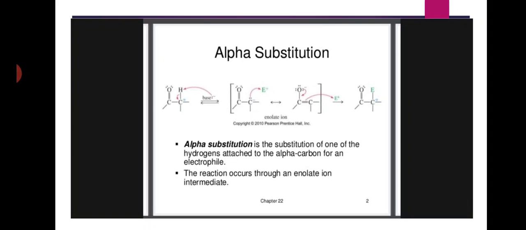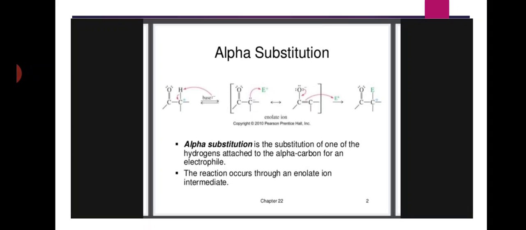Okay, students. Today's topic is alpha substitution, or acidity of alpha hydrogens. Alpha substitution is the substitution of one of the hydrogens attached to the alpha carbon for an electrophile. Okay, here, alpha hydrogen means what? The hydrogens which are present at the alpha carbon are called alpha hydrogens. Alpha substitution means the substitution of one of the hydrogens attached to the alpha carbon by an electrophile